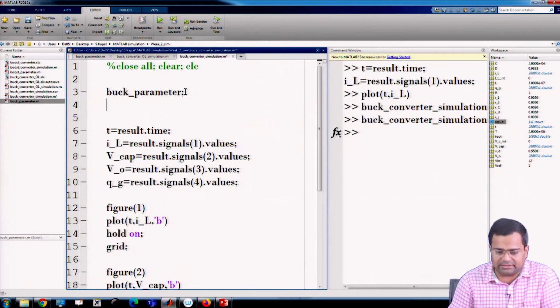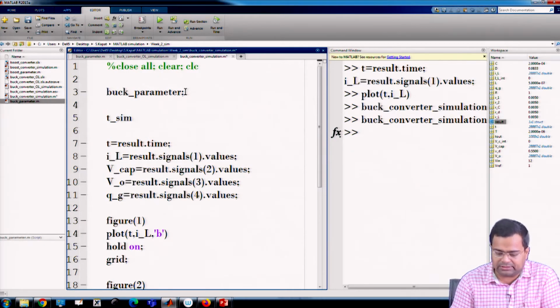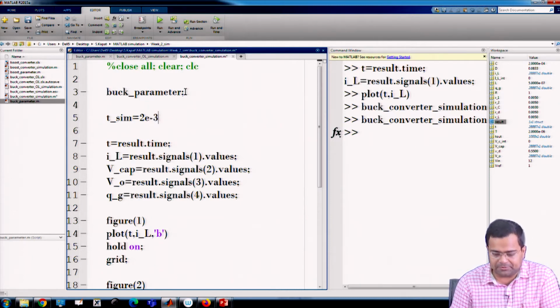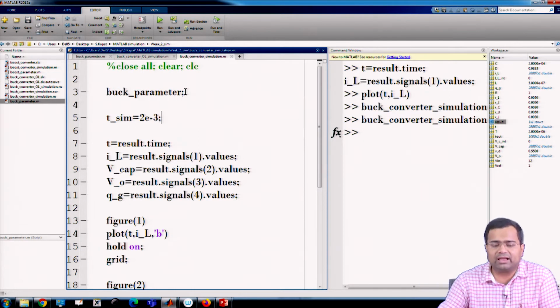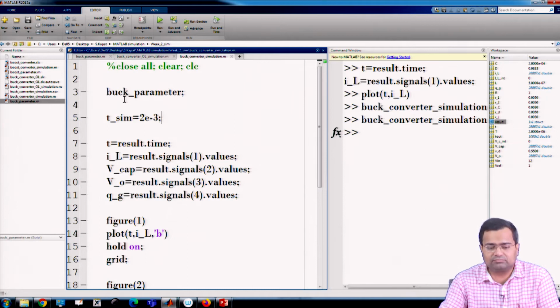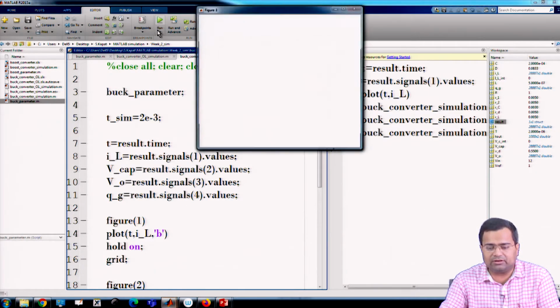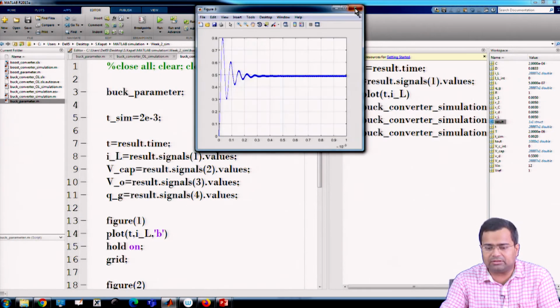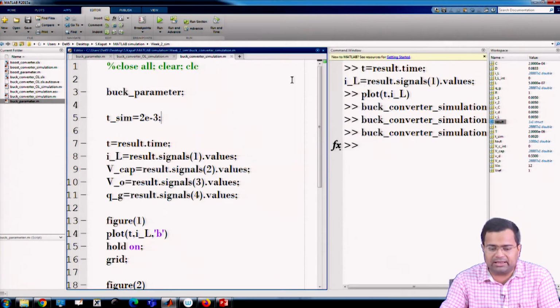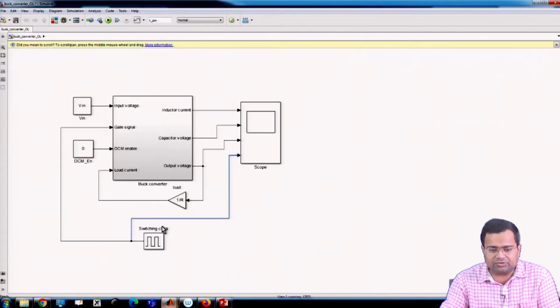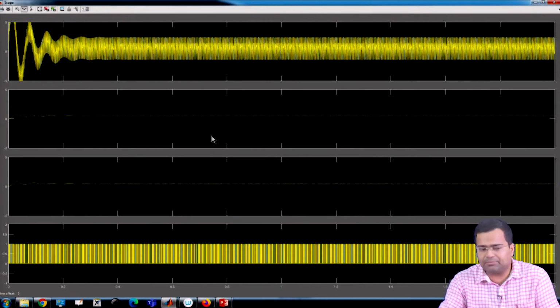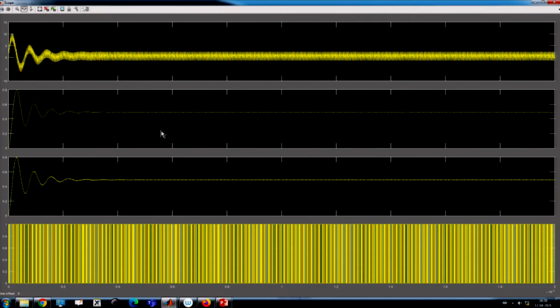So I can run this tsim for 2 millisecond duration. But you have only set tsim, so you have to physically run it. So it will run for 2 millisecond now, right?